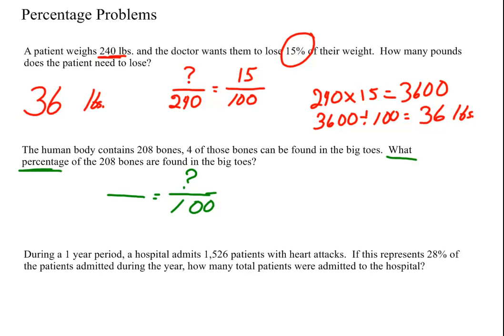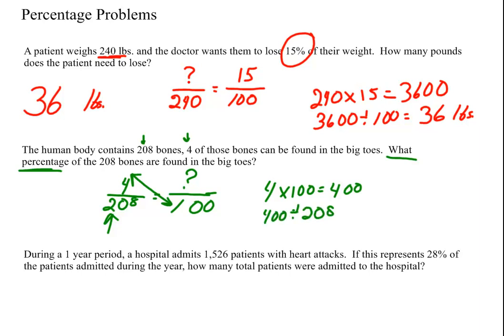So now we have 208 is the number, and 4. So is it "is," or "of," or part, or whole? So the 208 bones are the whole, and 4 bones are the part. We're trying to figure out what part of 208 is 4. Sometimes it helps if you reword it that way. So we're going to multiply 4 times 100, because we are multiplying across this way, and then we're going to divide by this number. So 4 times 100 is equal to 400, and 400 divided by